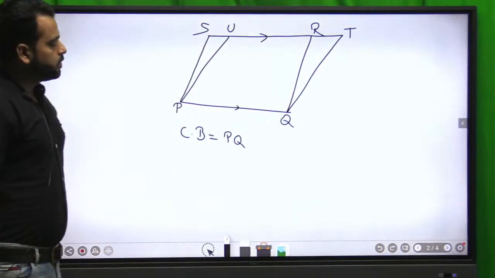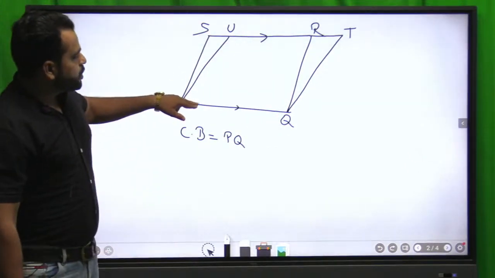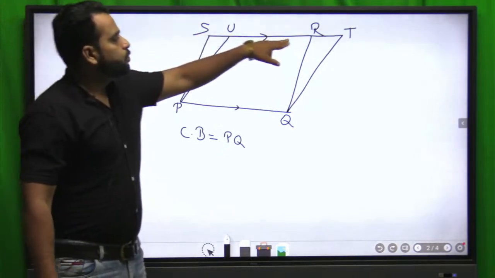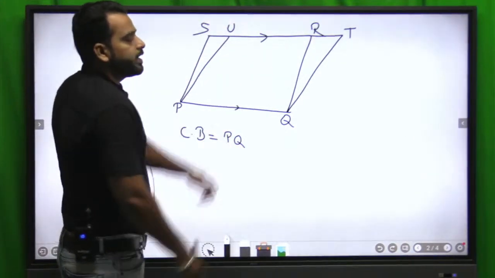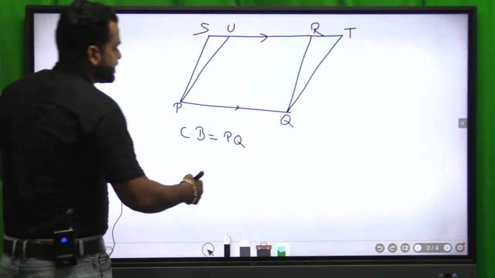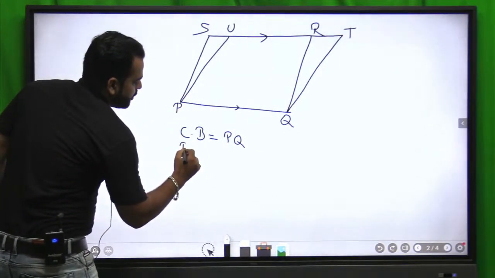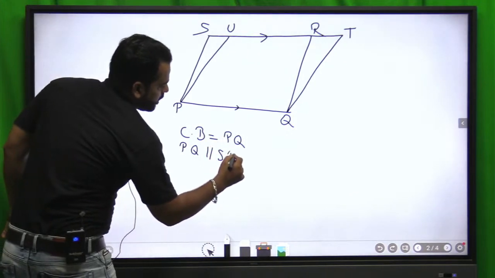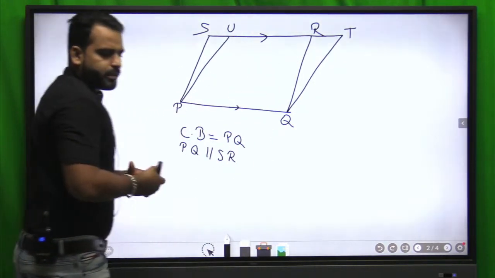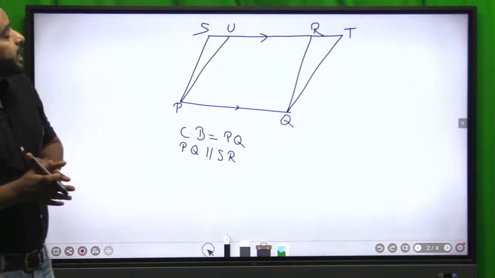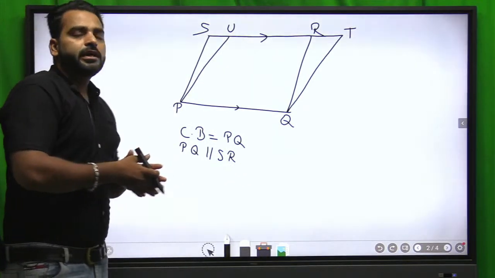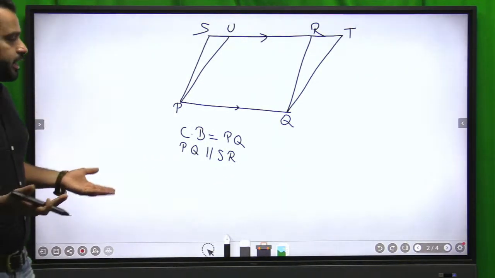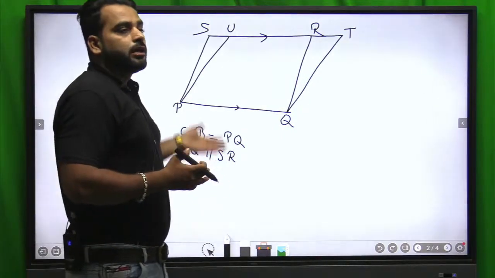Isn't it? Look at this carefully. PQ and SR or UT, they are all completely in between the lines. So we can say that yes, they are in between the parallel lines, which are PQ parallel to SR, as well as UT as well. Okay, so your exercise 9.1 depends only on this question,